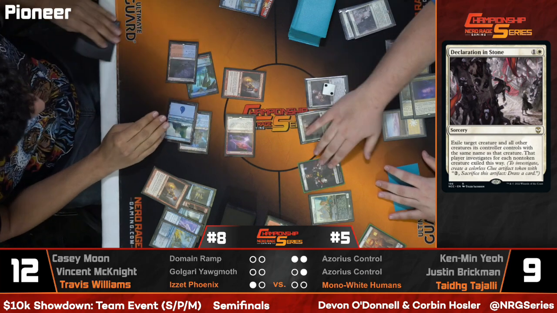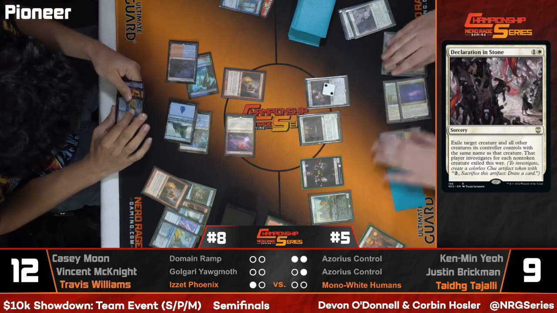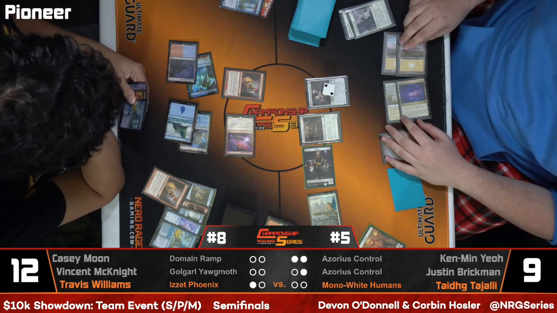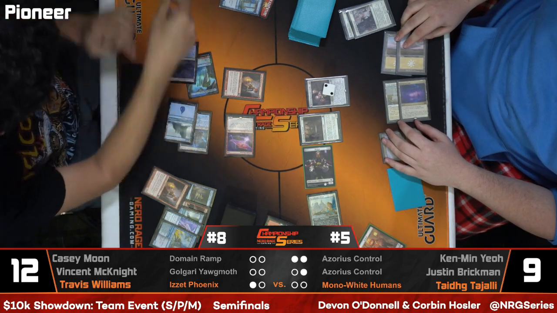So Ty now is trying to find a way back into things here. Yeah, Copperhead Vanguard. This is going to push 5 damage, and because Travis traded the second Pyromancer last turn, he does not really want